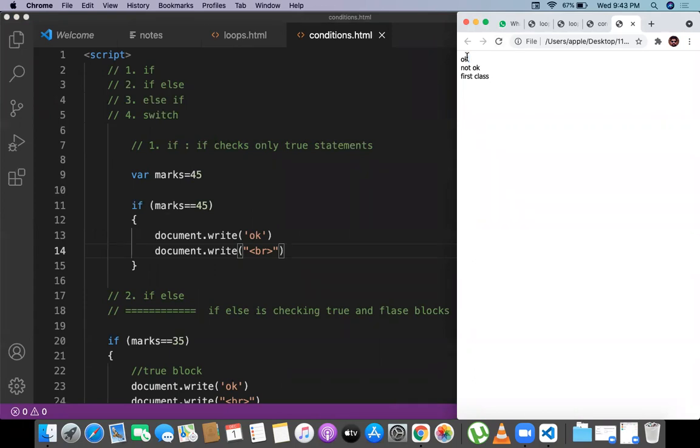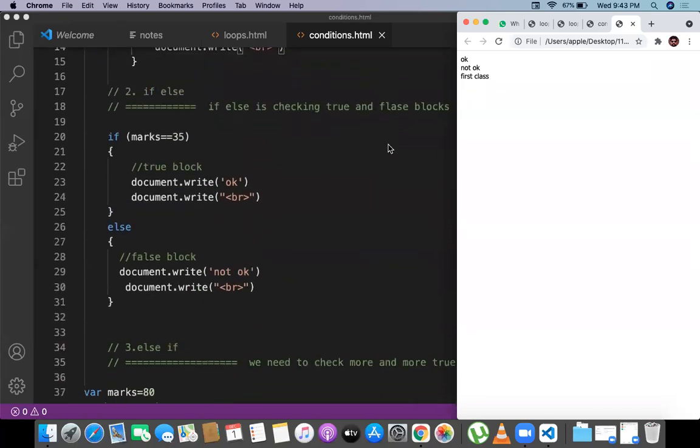That is the reason the first one gives the OK output. Coming down, we have the if else document.write. If marks is equal to 35, it is not going to be true, and basically marks is 80. So the else block is going to work: document.write not okay.